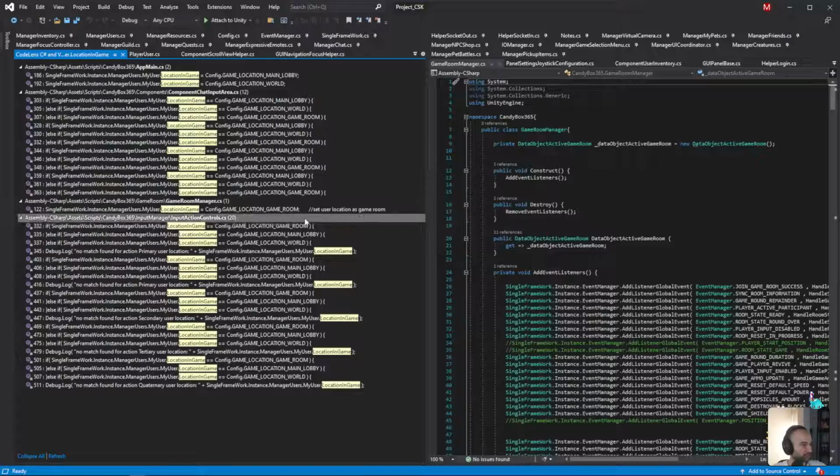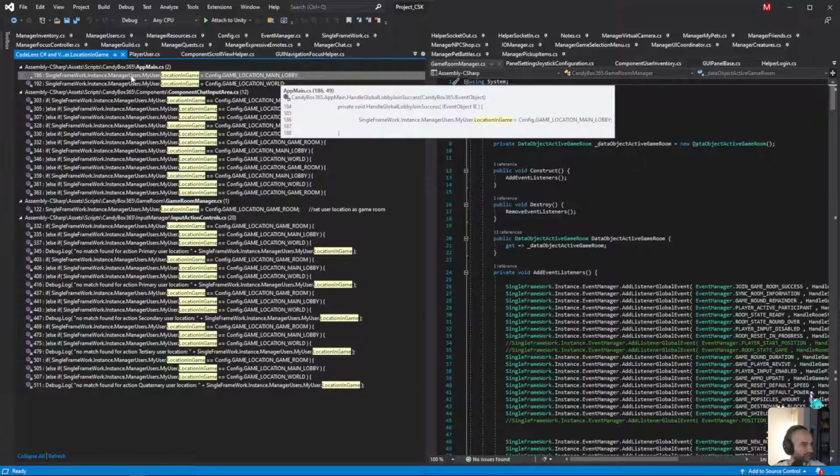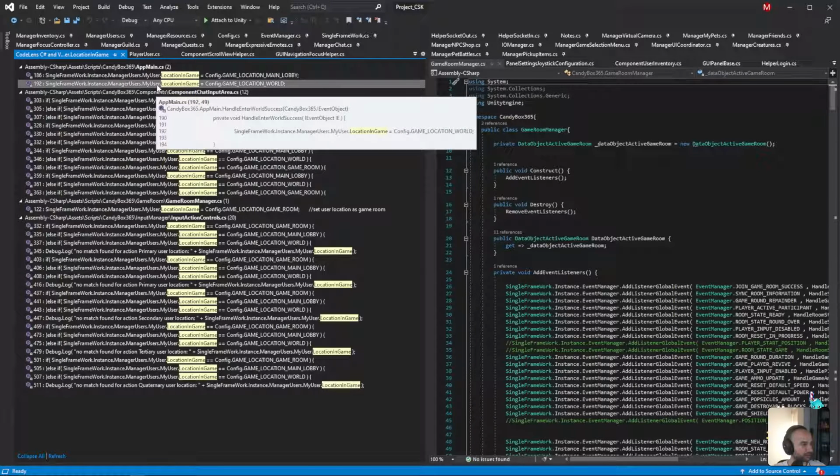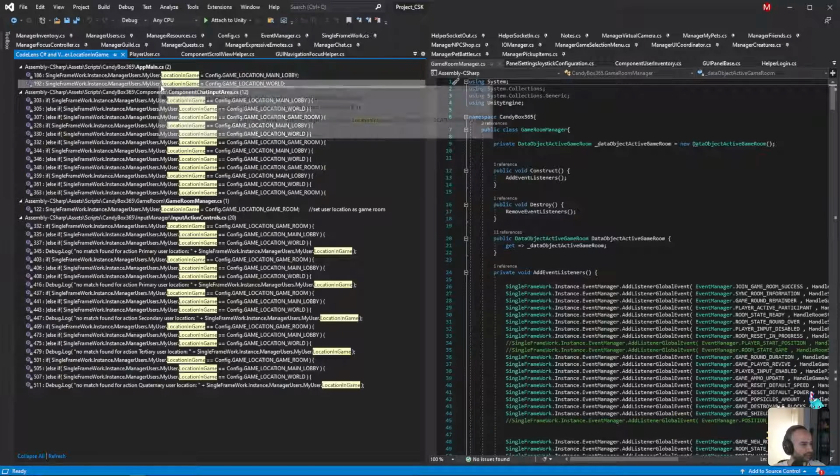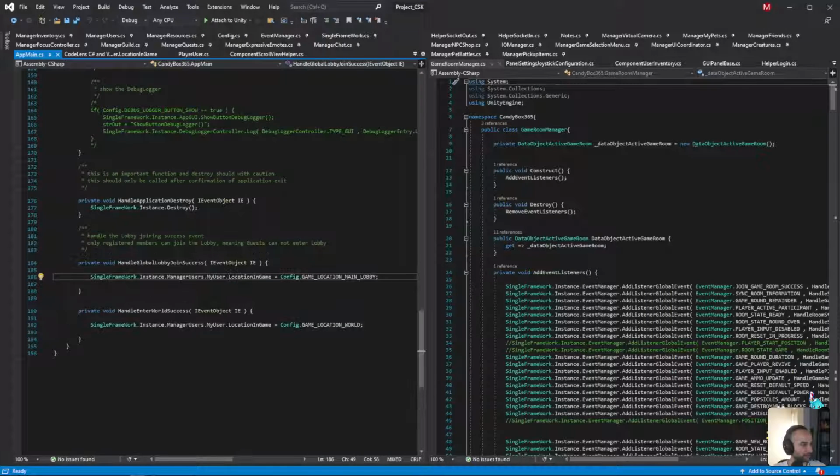Okay, so there should be one from, what I'm looking for is specifically when it's being set. So here's one, main lobby. So that's the one that I'm looking for, is app main.